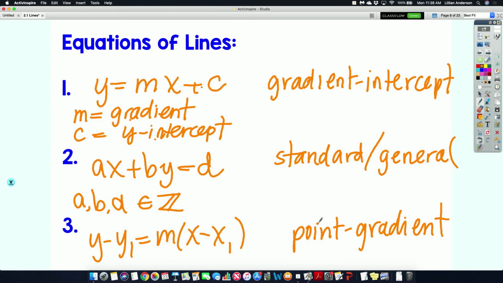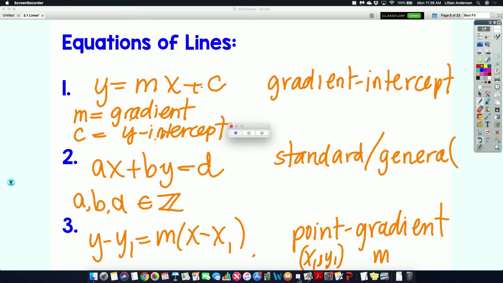By the number of ways I'm going to mess up and keep using slope over gradient, you should never forget that gradient means what? Thank you. Okay? Where x1 and y1 are the point, and m is your gradient. And this is the easiest way to write an equation of a line. All you need is a point, all you need is a slope, boom, you're done. Y'all ready for some examples? Okay. Now,